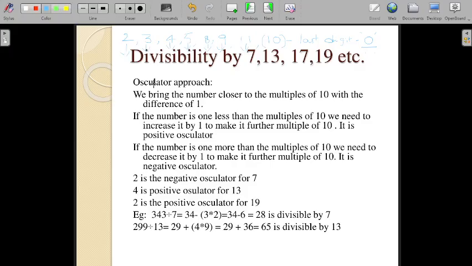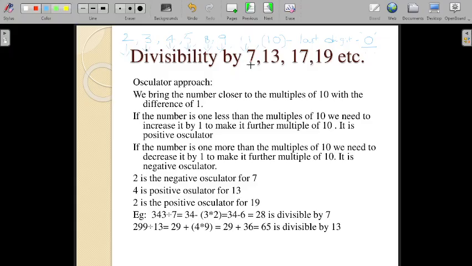Depending on your convenience, you can directly divide the number by 7, or you can also apply this oscillator approach. Once we complete this, we will go to the shortcut for 7, 11 and 13 also, and there you can also apply that approach. Here, the oscillator approach means we bring the number